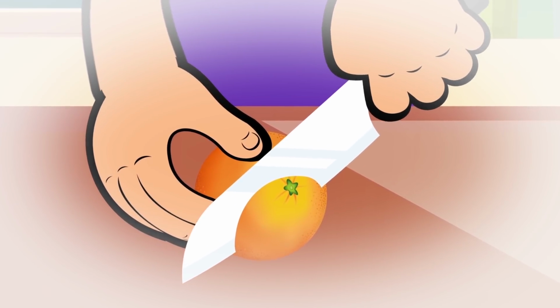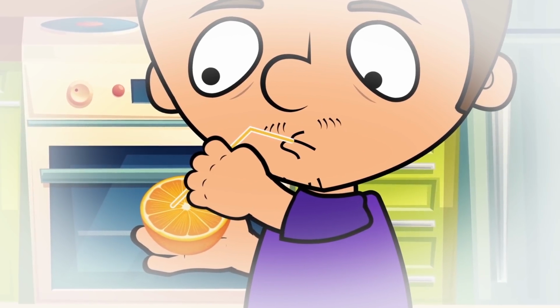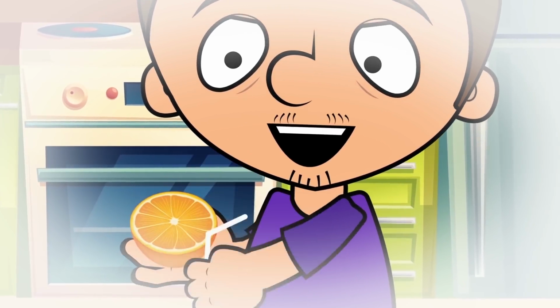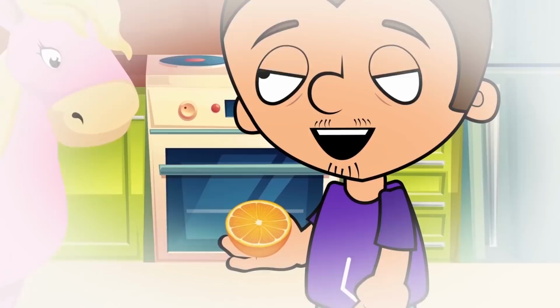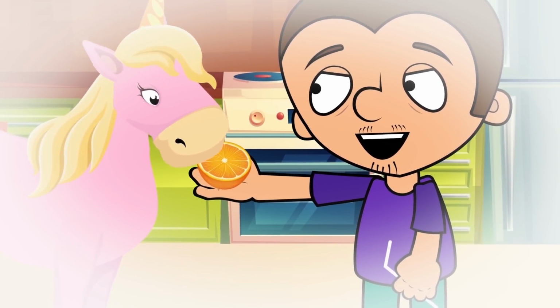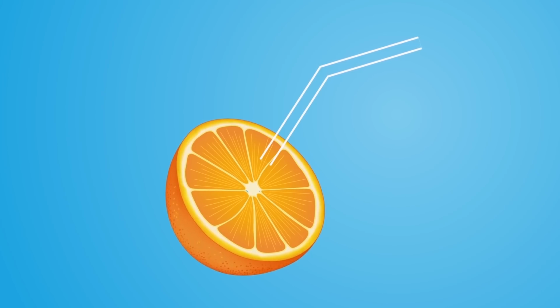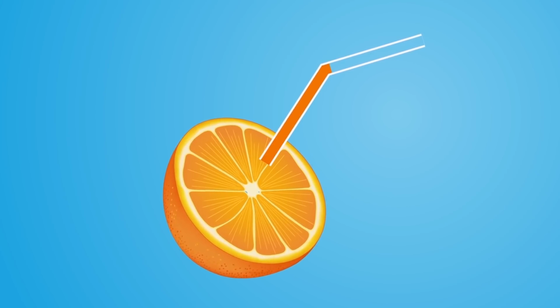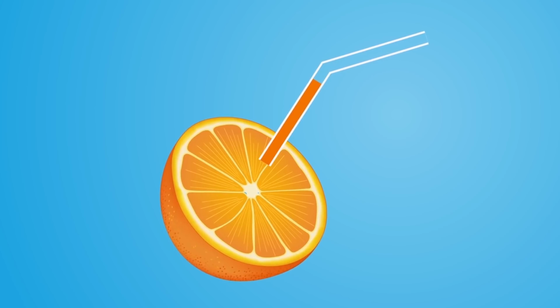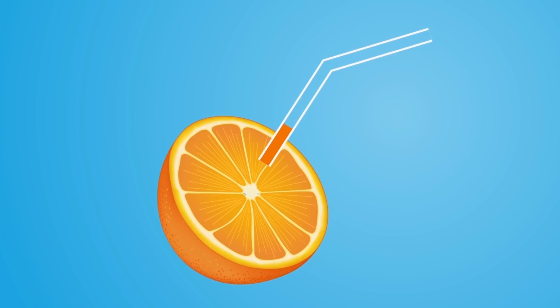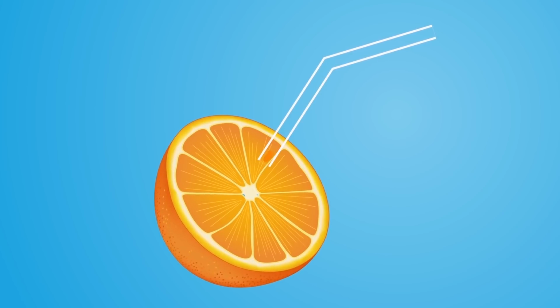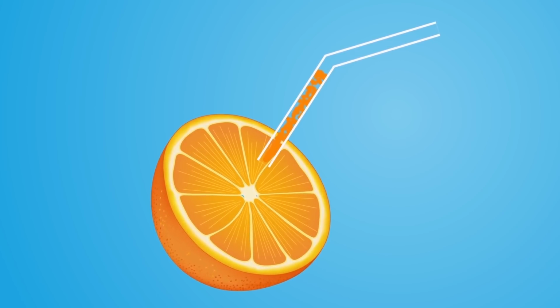Some TikTokers say that if you cut off the top, squeeze the fruit hard, and insert a straw, you can enjoy some fresh juice. Right. Maybe in the world of pink unicorns. First of all, for the juice to reach your mouth, it has to completely fill the straw, but there's too little juice there from just the squeeze. Also, there's a lot of pulp in the orange, which will instantly clog the straw and you won't be able